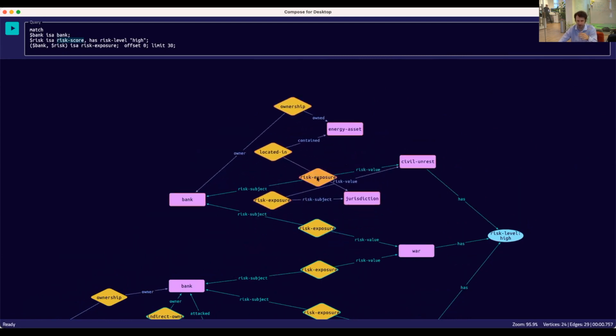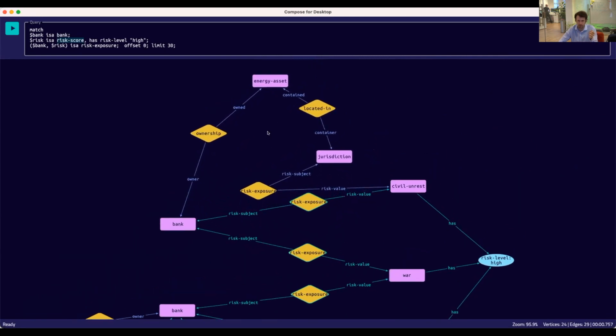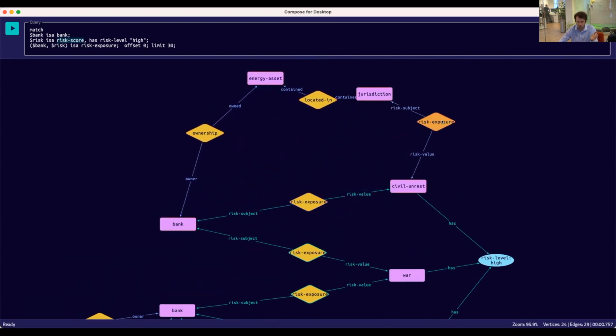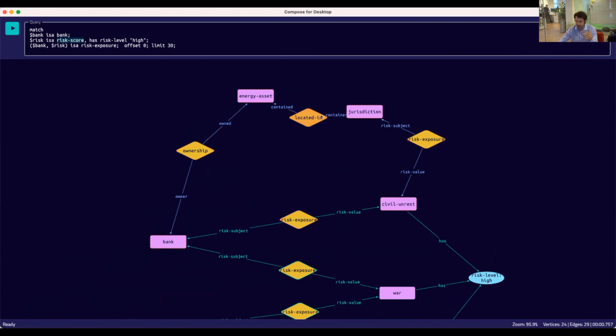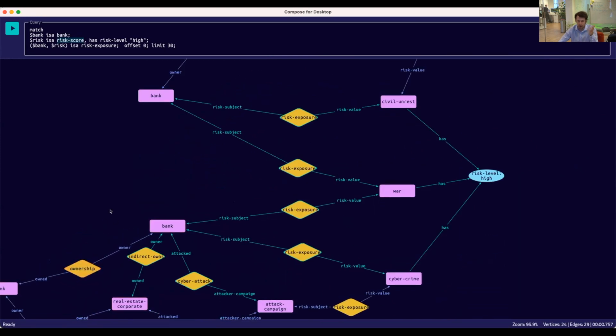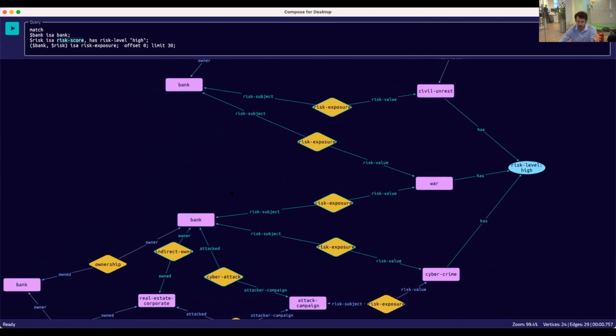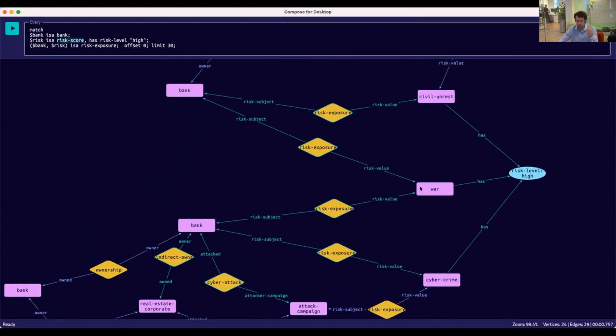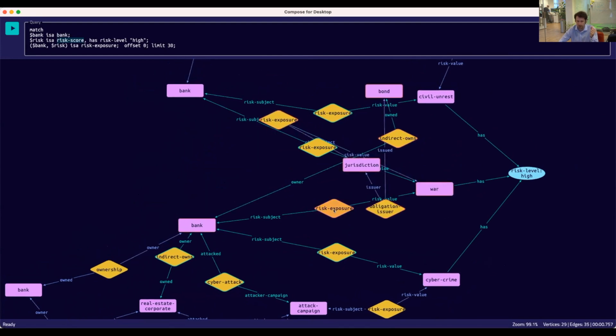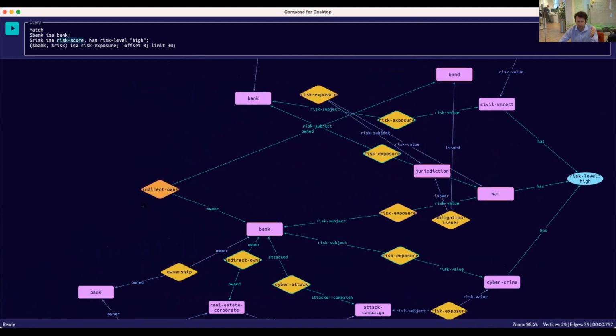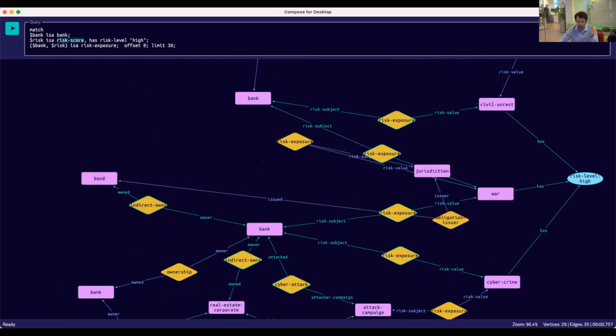Why is that? And here, if we look one level deep, we see that that bank owns a particular energy asset that's in a jurisdiction that's connected to that civil unrest score. And finally, why is this bank connected to this? Why are two banks connected to exactly the same risk score? That's a fairly high coincidence, right? Now, the reason is that, and this is where it gets quite interesting, because now under the hood, first